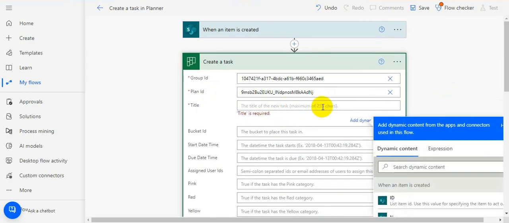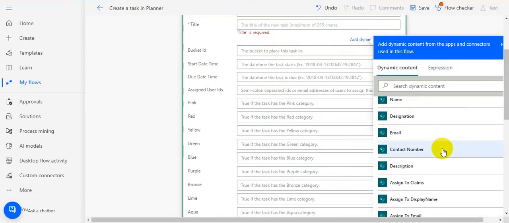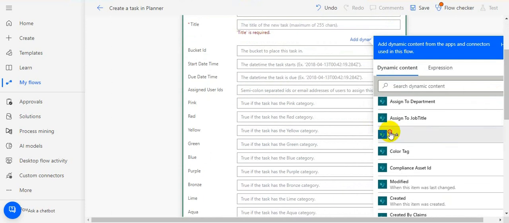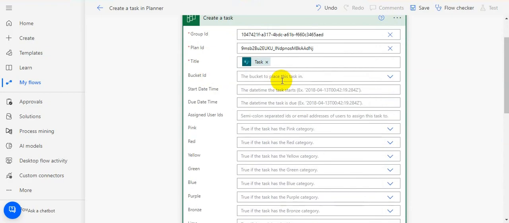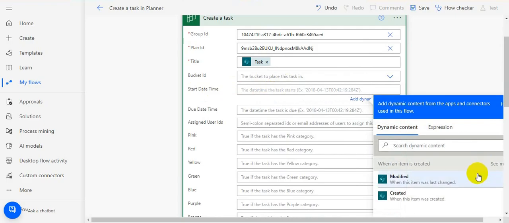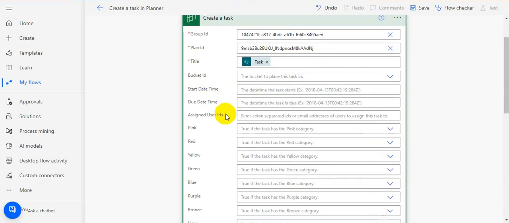And for the title you need to select the title from the list template. So here you can see in the title I will select the title as a task. If you want to select the bucket, you can select the bucket as well. Start date and time you need to select, so the start from when you want to start this task. You can select the start time as well as per your priority,